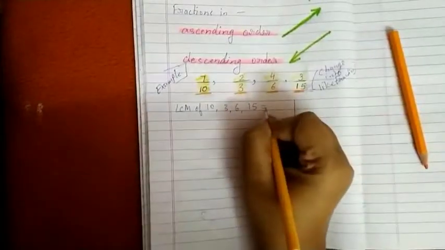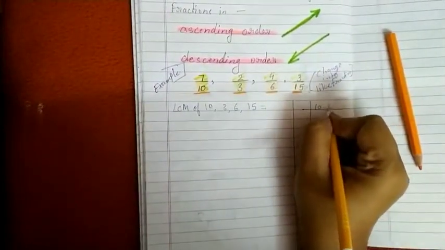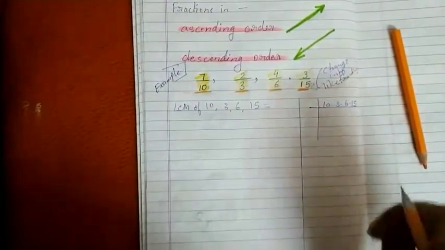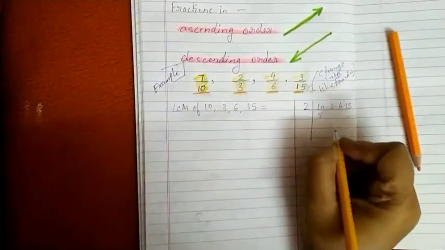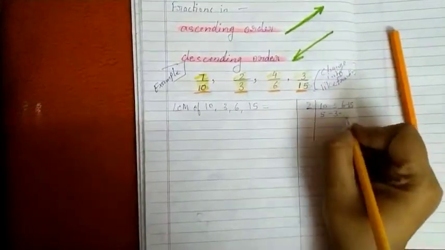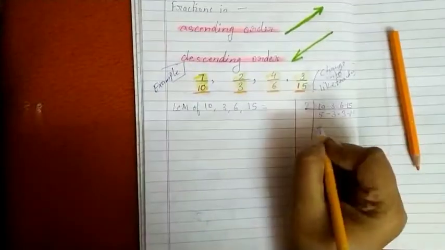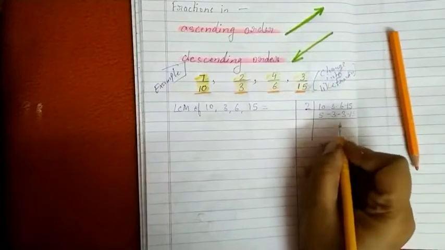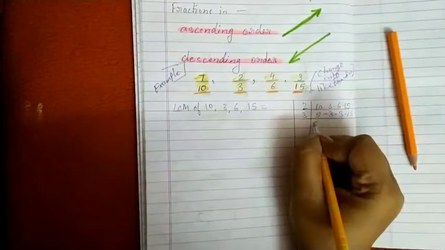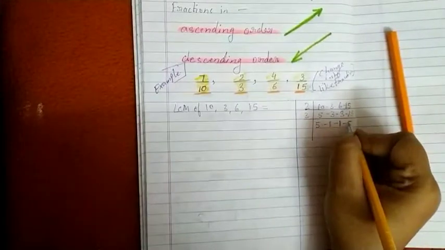Yes, let's see how much. Find out the LCM of 10, 3, 6 and 15. Start always from the smallest number, 2. 2 times 5, 10. 3 doesn't come, copy like this. 2 times 3 is 6. 15? No, it is not in 2's table. Copy like this. Is anything divisible by 2? No. Then 3. 5 comes in 3's table? No. Copy like this. 3 comes? Yes, 1 time. 3 comes? 1 time. 15 comes? Yes, 5.